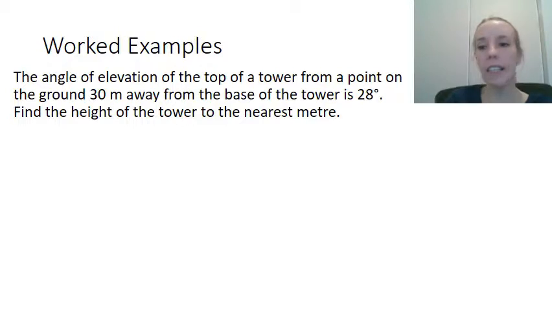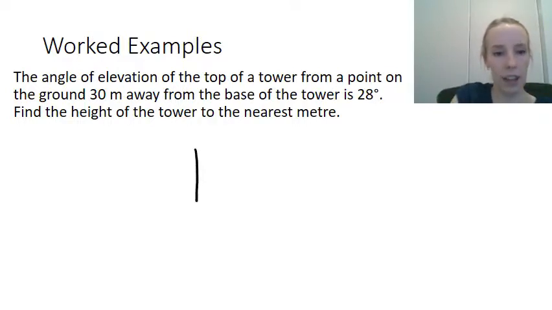Okay, so worked example. Our first one here. The angle of elevation of the top of a tower from a point on the ground 30 meters away from the base of the tower is 28 degrees. Find the height of the tower to the nearest meter. This is where you really need to start drawing those diagrams. So you have a tower here,